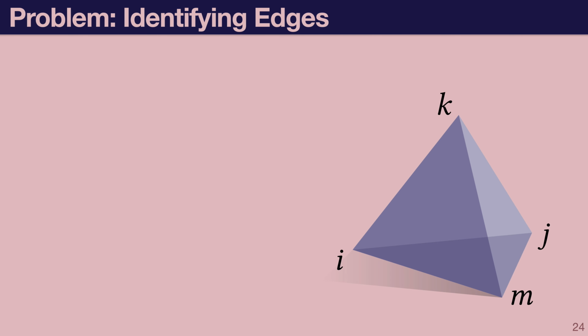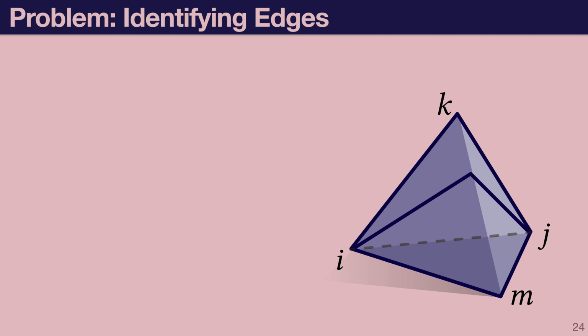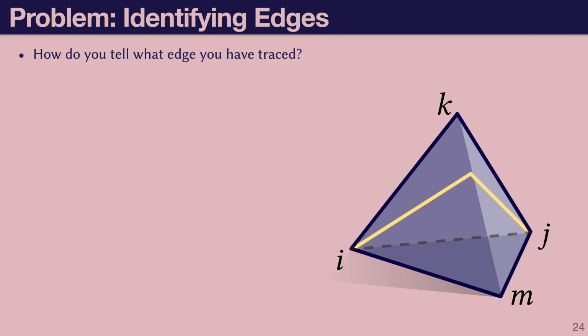However, there's still a subtle problem preventing us from using normal coordinates to fully encode an intrinsic triangulation. Let's say you have this mesh of a tetrahedron and you're storing a second triangulation sitting on top of it. You then extract this curve running along the surface of your mesh. Well, this curve corresponds to some logical edge in your second triangulation, but it's not immediately obvious which edge that is. Now, you might point out that this edge connects vertices i and j, but unfortunately, our intrinsic triangulation here actually has two distinct edges from i to j, so it's hard to tell which of the two logical edges